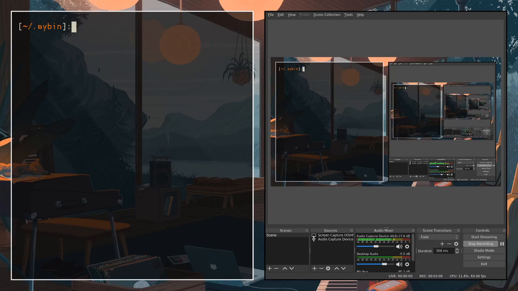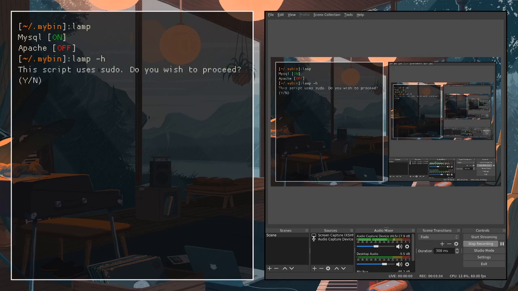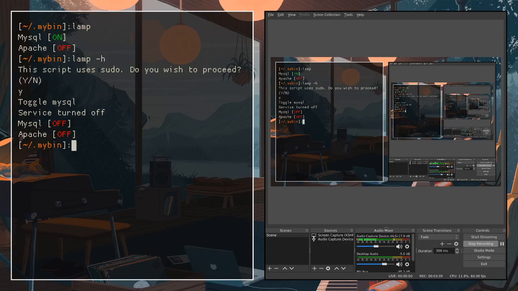I just don't. So what I'm gonna use is this little script I made called lamp, very original name, I know. If I start it, it will show me if MySQL is running, if Apache is running, and if I want to, for example, stop both of them, or just one of them, or start both of them, or just start one of them. I have all these options that are quite simple. The documentation right now isn't complete, so I'm just gonna try it with sudo. I'm gonna say yes, and I turned off